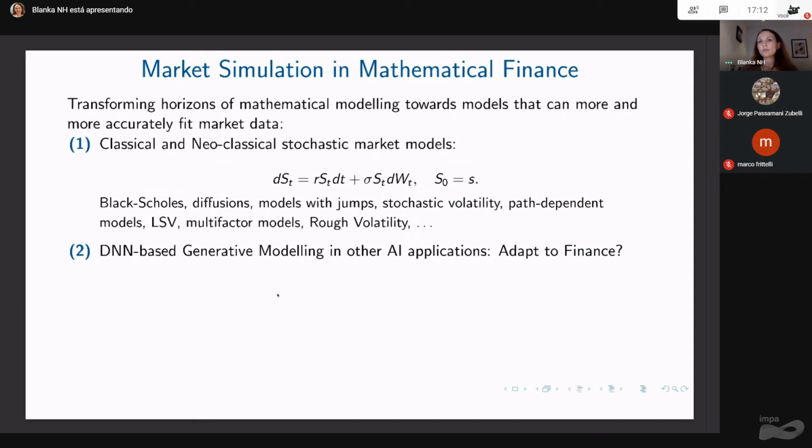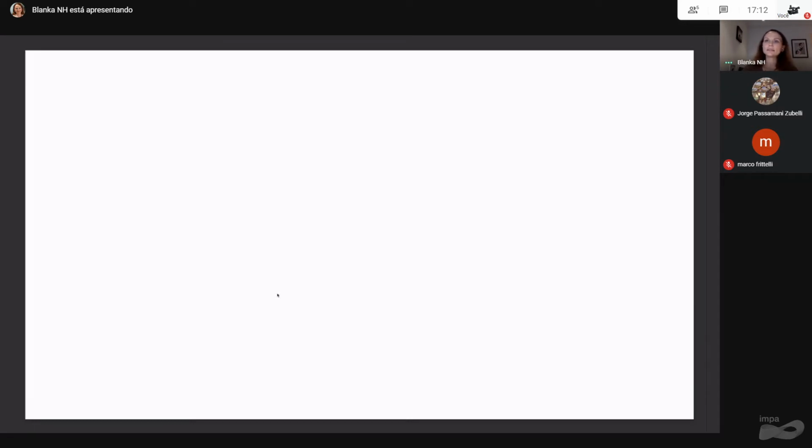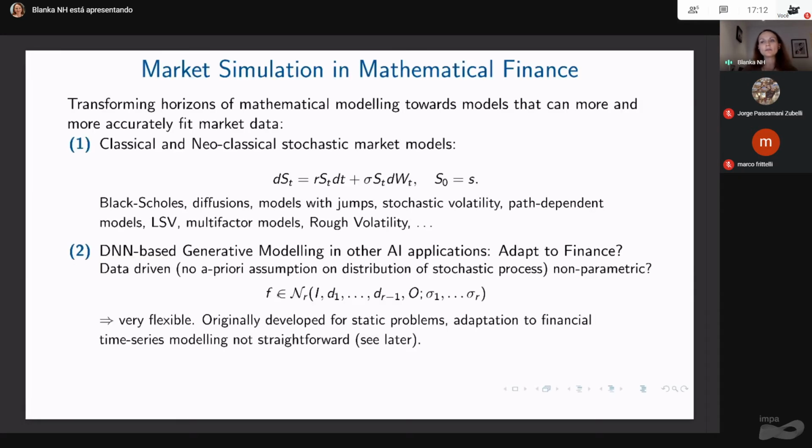The good thing about it is that we can say that this is data-driven, as already mentioned in the presentation of Josef. So we make no a priori assumption of the distribution of the stochastic processes involved, as we would have done, let's say, in a Black-Scholes or a Heston case. So this is purely driven by data, but to say that this is non-parametric is maybe a little bit too presumptuous to say,